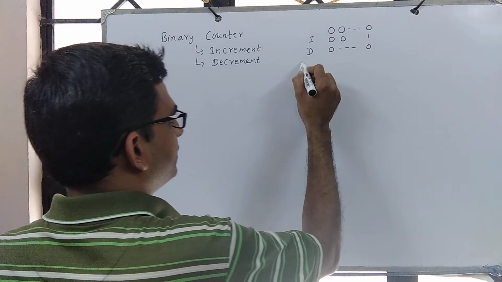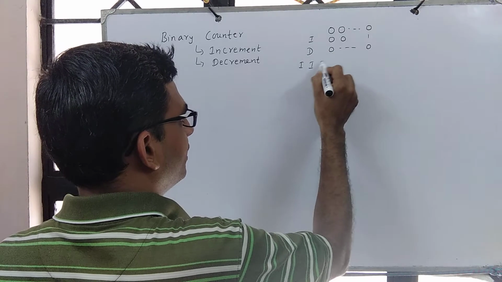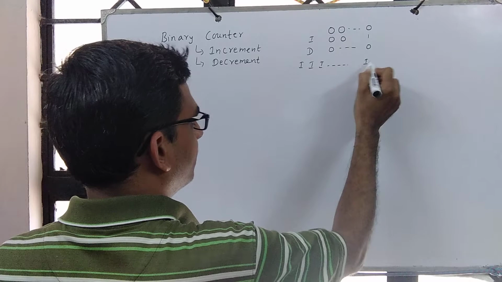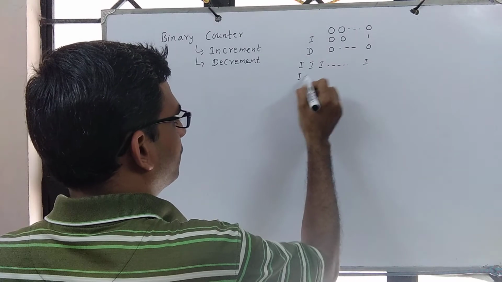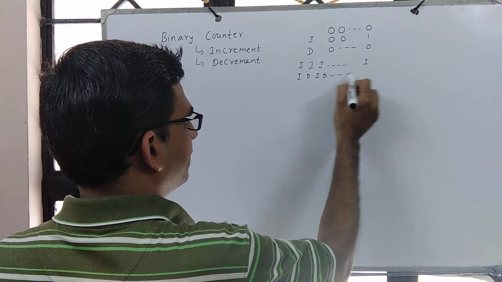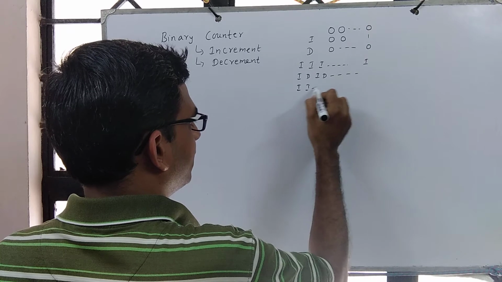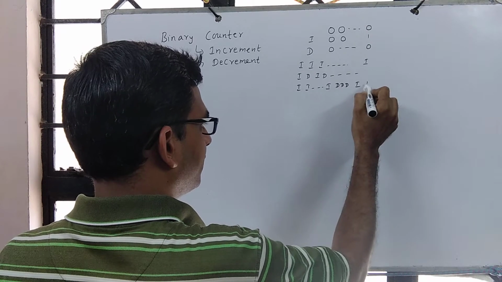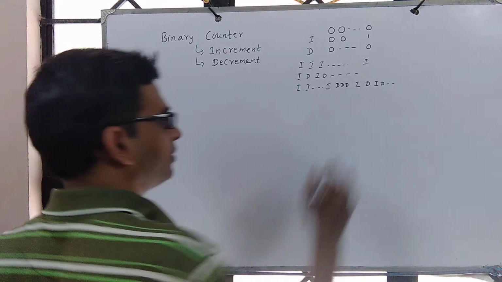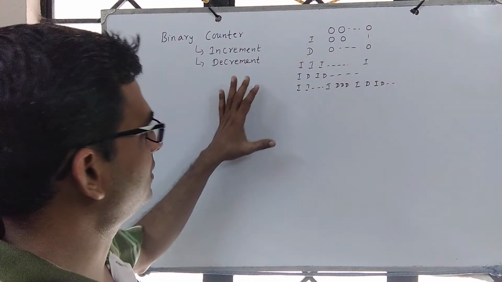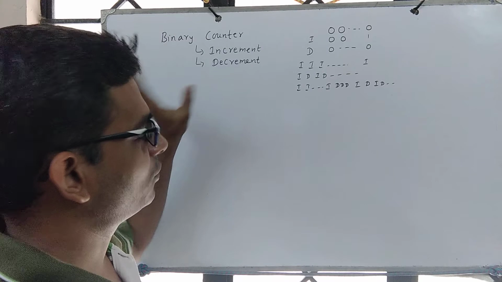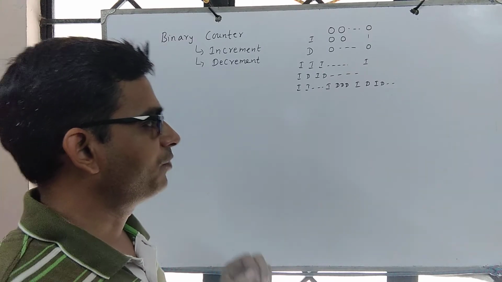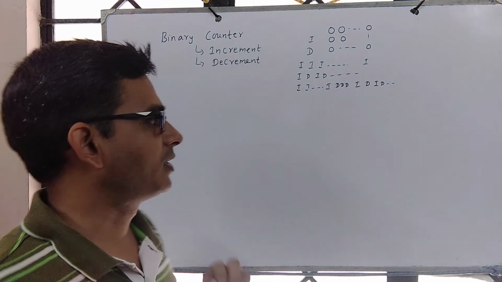Now it is an arbitrary sequence of increment and decrement. So it could even be all increments, or it could be increment, decrement, increment, decrement, or we may perform increment for a while, then maybe decrement, or increment and decrement alternate. So it could be any arbitrary sequence on these two operations. Now we wish to know what the amortized cost is.